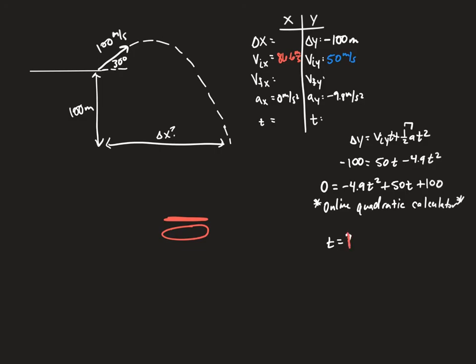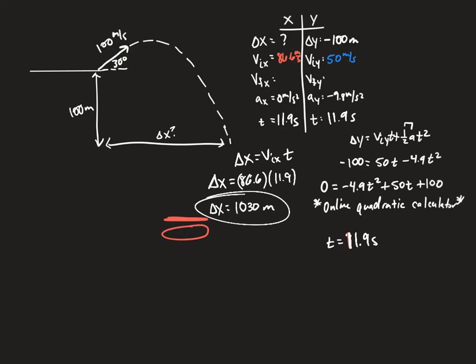Well, now we're going to say, let's change this to white. Our time is 11.9 seconds. So I put that in my table. And again, I'm looking for displacement. So I use my equation that works for my x direction. Displacement is velocity times time. So the new displacement, when I let it fall 100 meters, is 86.6 multiplied times 11.9. And when you do that, you get roughly